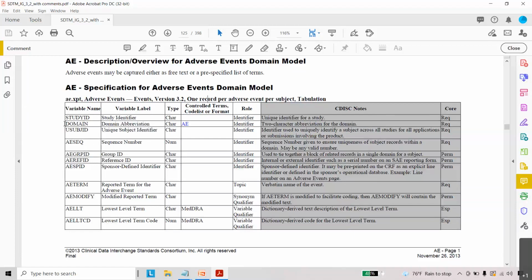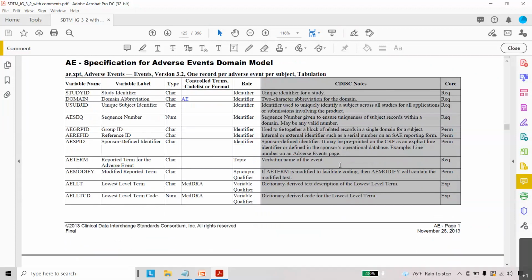To understand a variable, please read the CDISC notes for that particular variable. In each domain, a few variables are compulsory to be present. Where can we find that category? Here, based on the core.